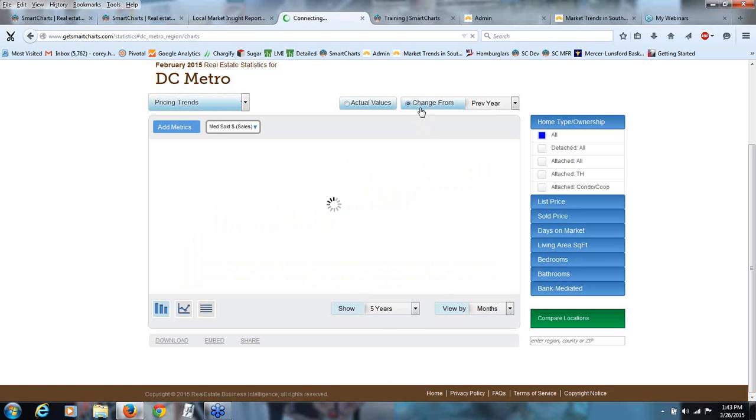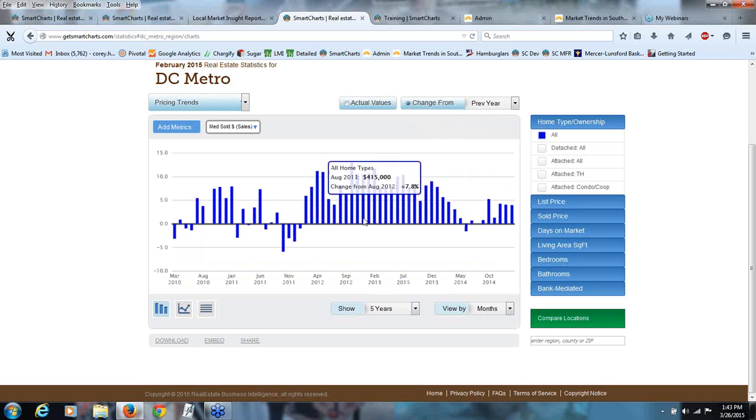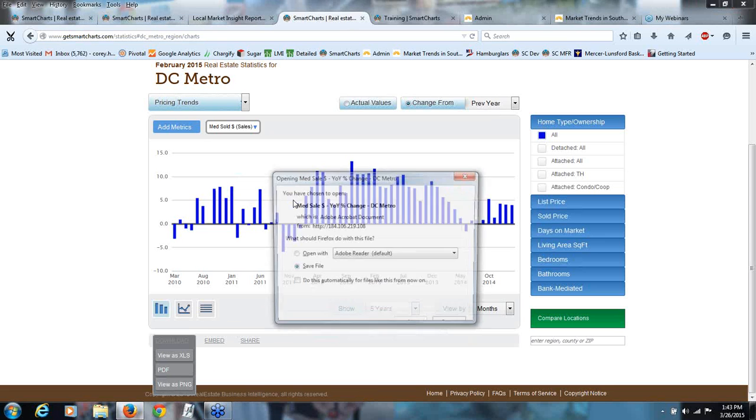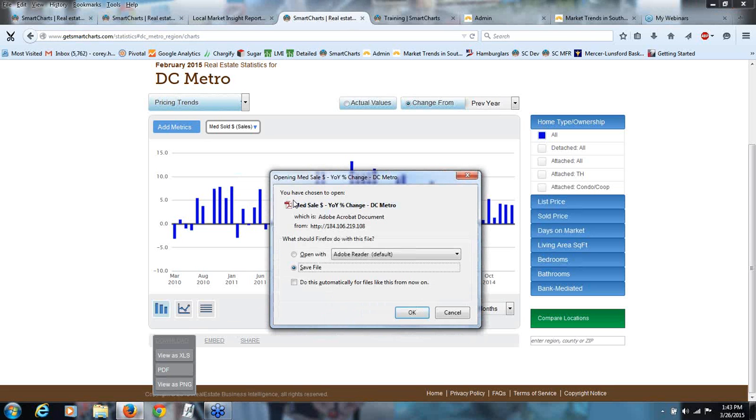And we'll look at the percent change to show just how well prices have done locally. I can download this data as a CSV or in Excel. So basically the data points would all show up. I can download it as a PDF if I wanted to, say, include it in an email as an attachment,